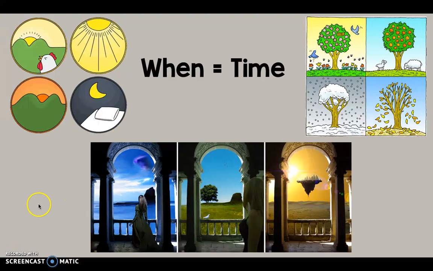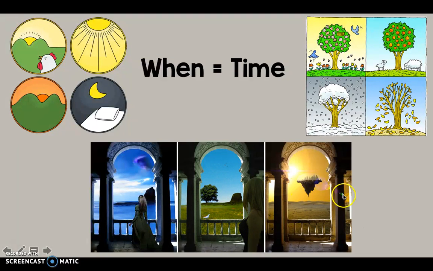If you look at this picture, it is the same archway in every picture. But if you look closely, this picture over here is from the past. I can tell that because this woman standing in the archway has a long flowy dress on, and that's what women used to wear a long time ago. If you look at the archway in the middle picture, you see a girl with a tank top on. She's in present day. The trees are out and there are birds. This is happening right now.